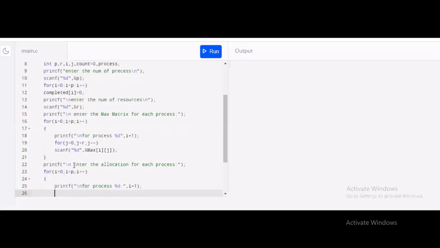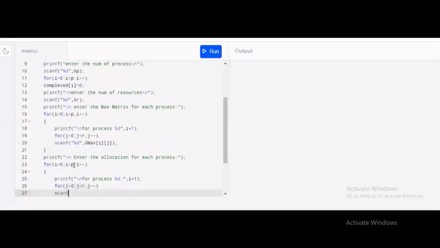I will use again for loop, for j is equal to 0, j is less than r, j plus plus, and I will scan this value. Scanf %d, alloc matrix.